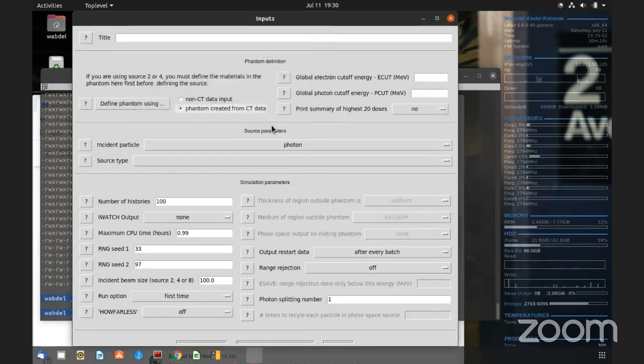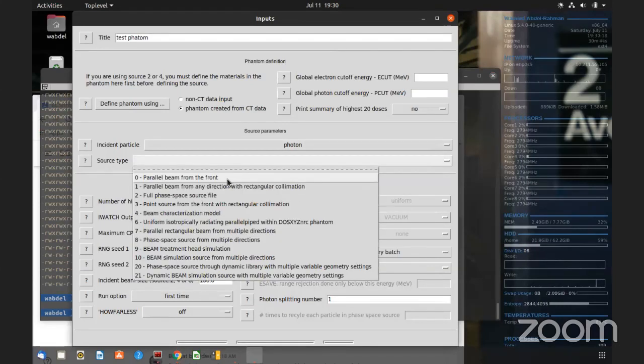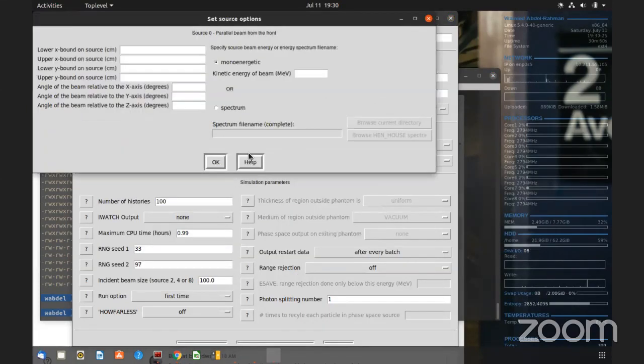So once we have this, then we can start to think of, okay, what's the source? That's the next step. So let's put here test phantom, okay? And this is the part that is a bit tricky, okay? And I don't know which beam we want to use, so let's use a parallel from the front, okay? Now,